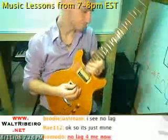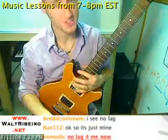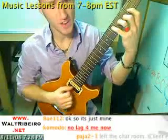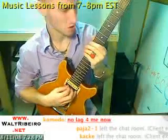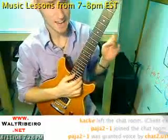Okay, so now, how are those two similar? How are they different? Well, technically, the difference is that one is actually using your fingers to play the notes, whereas this one, the sweep picking, you're actually using your pick to play the note, okay? And then to take that even further, let's say that,